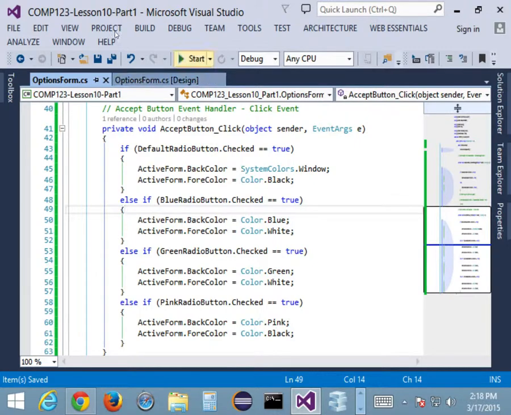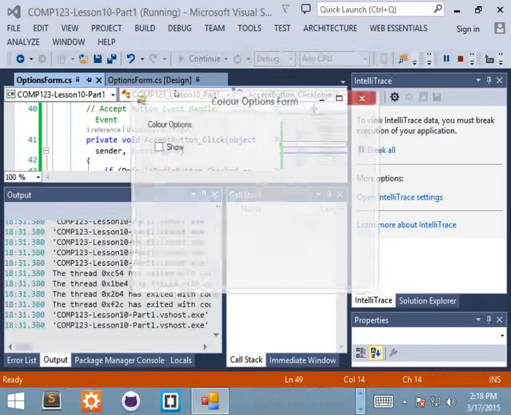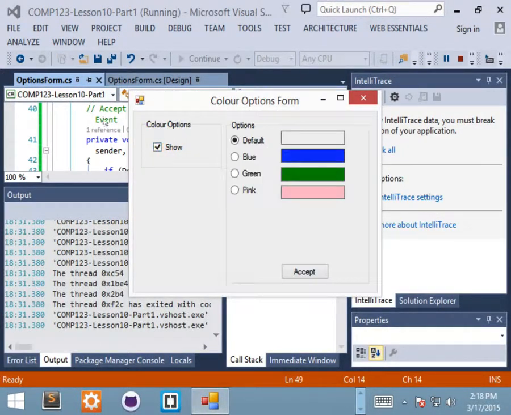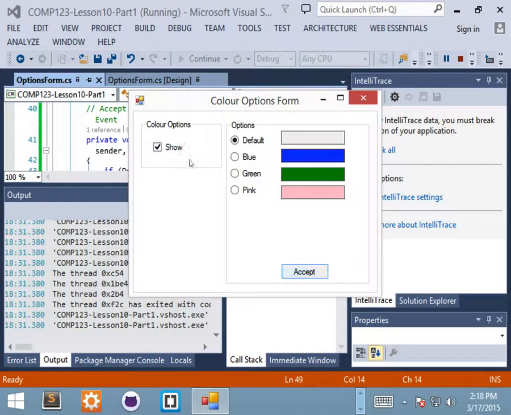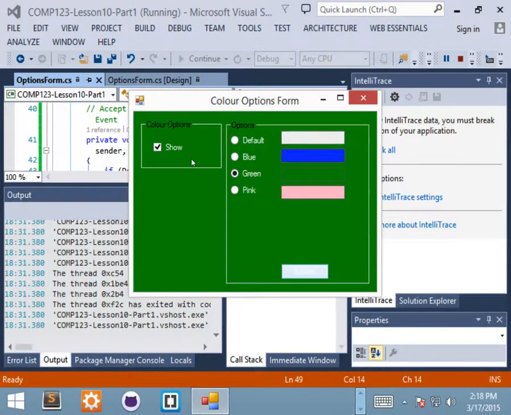Cool. Save and run. And let's see if that makes any difference. So, okay, I want to make it blue and accept. Now we're good to go. If I go back to default and accept. Oh wait, it changed that too, eh? That button all mashed up and changed that too. But look, my actual button changed, my color for my button, not just my form. Look, all my buttons changed. If I go green,